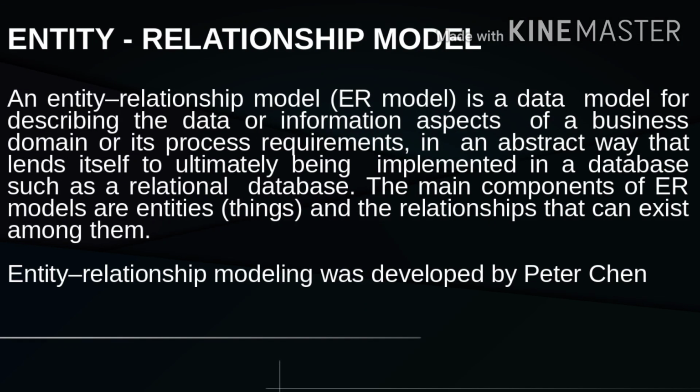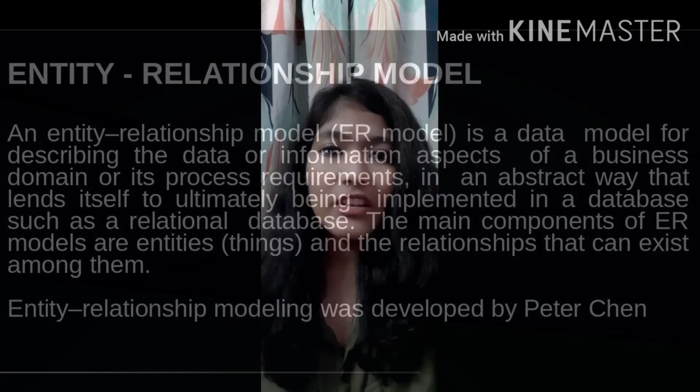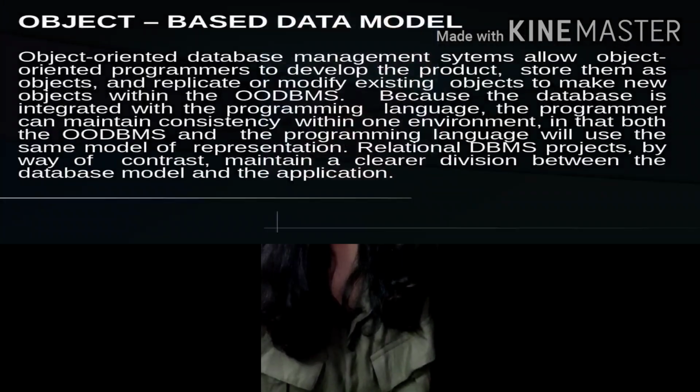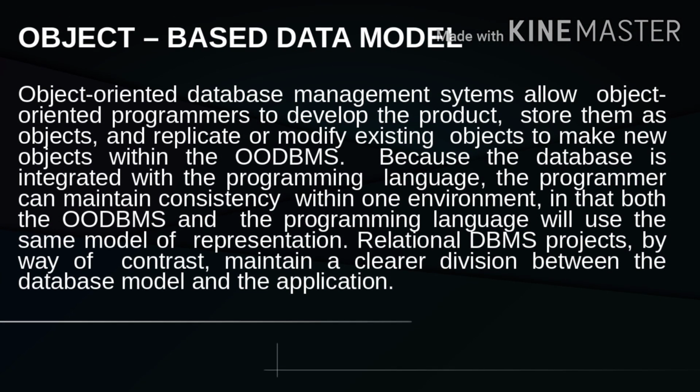Now we'll discuss the ER model. The ER model, or entity relationship model, defines the conceptual view of the database. It works with real-world entities. The ER model is considered a good option for designing the database at the view level. Our next model is the object-oriented data model. The object-oriented data model mainly focuses on how the data is represented. The data is divided into several entities and each entity has some characteristics. Each entity is related to the others through some relationship.